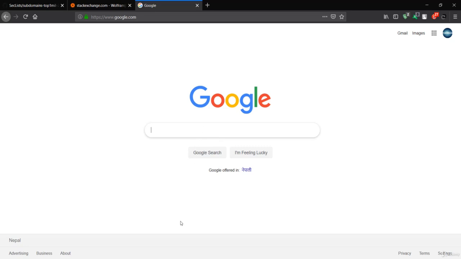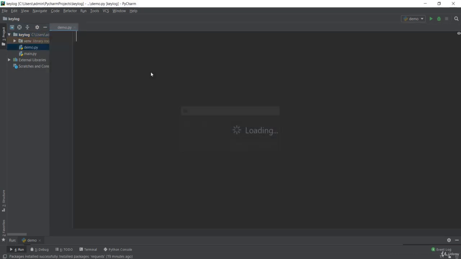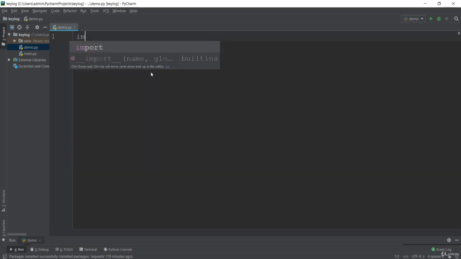First of all, I'm going to open my PyCharm, that is this IDE, and next is to create a new Python file. I'll say demo.py is my Python file. I'll import this requests package.